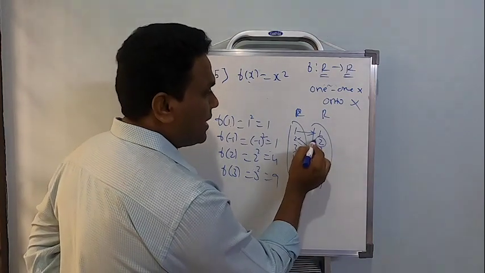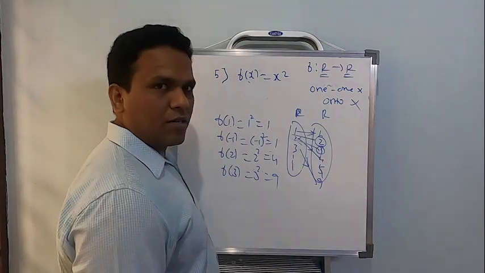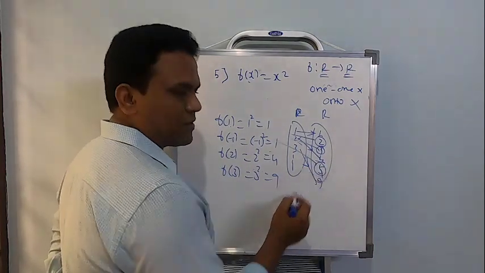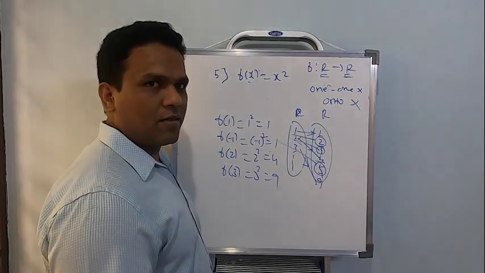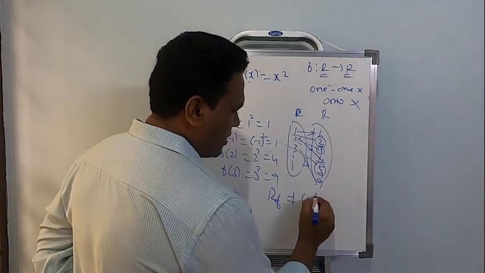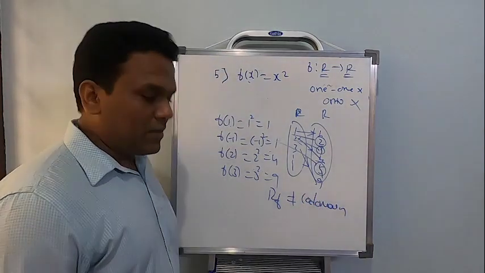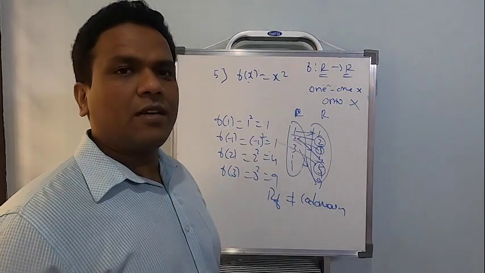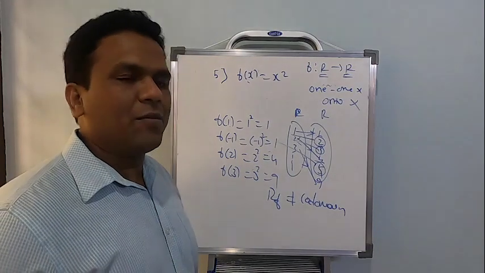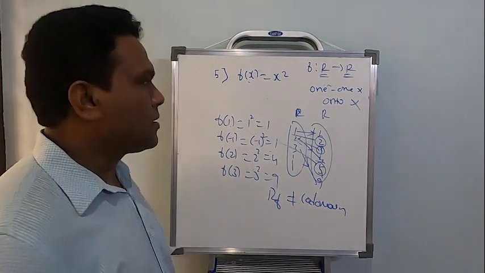Then what is the pre-image of 2? Does not exist. What is the pre-image of 3? Does not exist. What is the pre-image of 5? Does not exist. What's the pre-image of 6? Does not exist. What's happening? The range of the function is not equal to codomain. That's what I said. When to consider an example, when to do the general explanation, it depends on the problem. It depends on you. You can adopt any of the methods, you will get the answer. Is that clear, students?